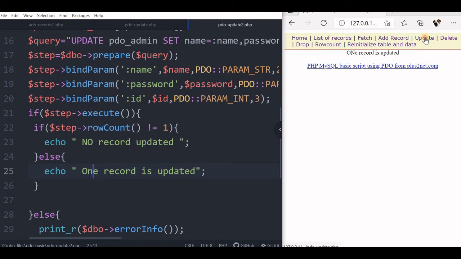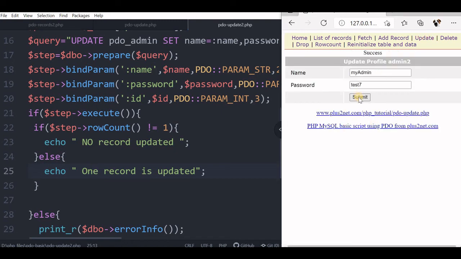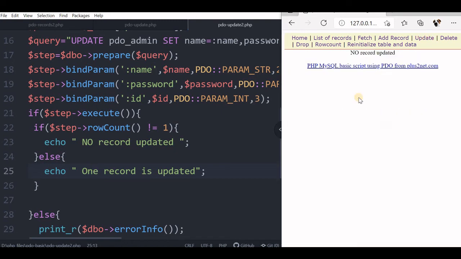Now let's come back here. Without doing any change, let's update. Let's click the submit button. No record updated, because though there is no error, we have not added anything new to it, so no record is actually updated, but there is no error.